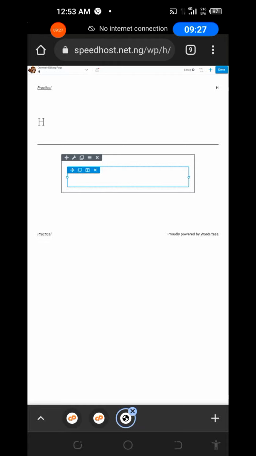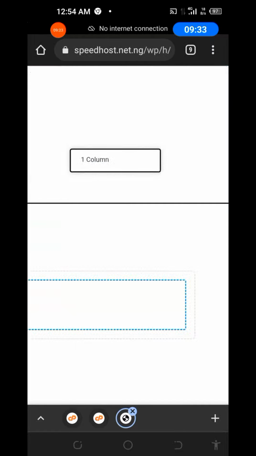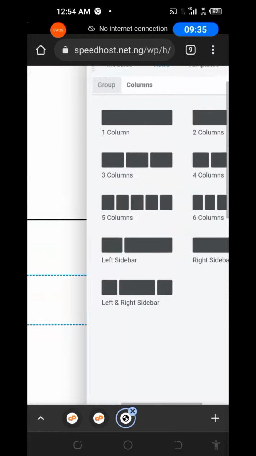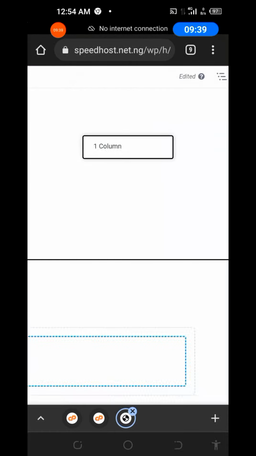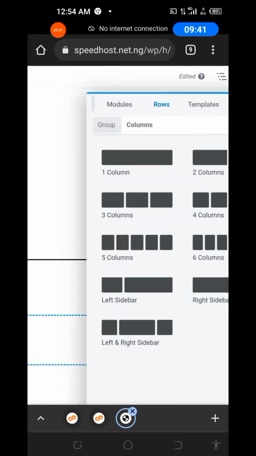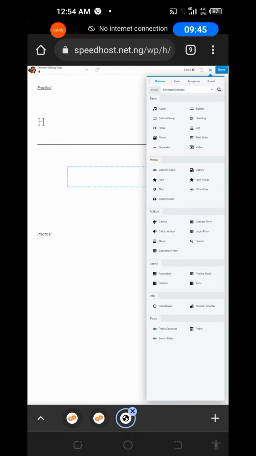You click on this plus icon again, you now come to modules. You come to modules, don't go to role again. Just be careful, because if you try to drag anything, it will move directly. This one will move. Come to modules. Then what do you want to do? Presently,